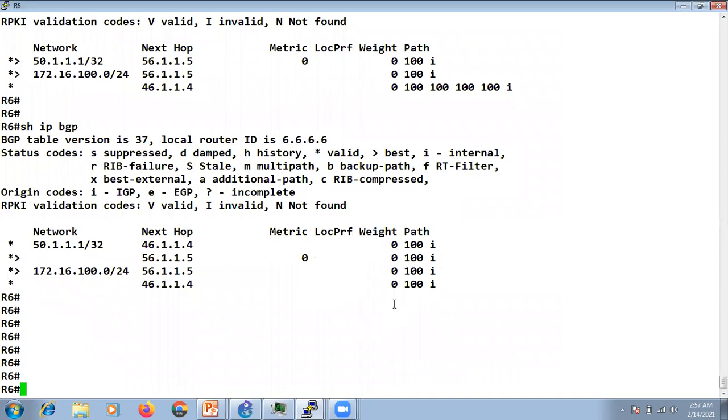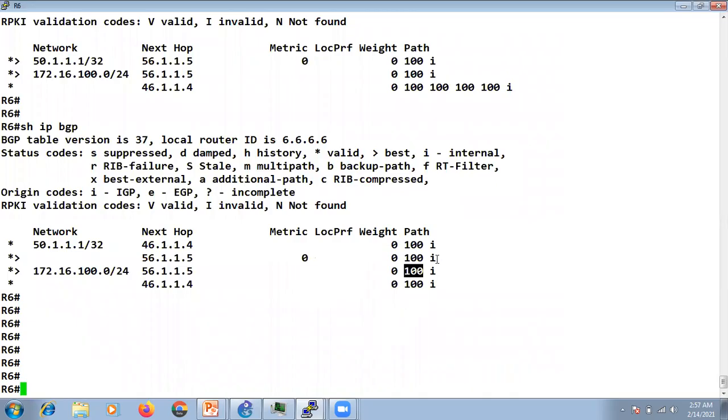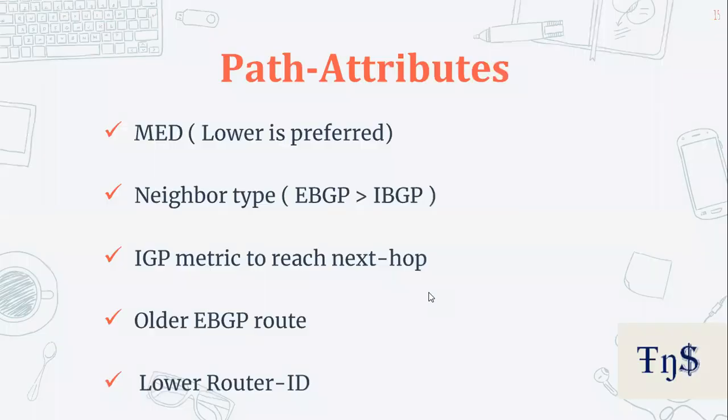AS path, lower is preferred. AS path is also the same. They are crossing only one AS, right? Now, origin code for both routes is I. That means both routes are advertised via the network command. So this code is also the same, right? Now, MED, lower is preferred.